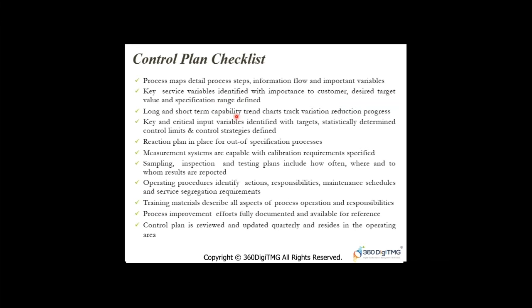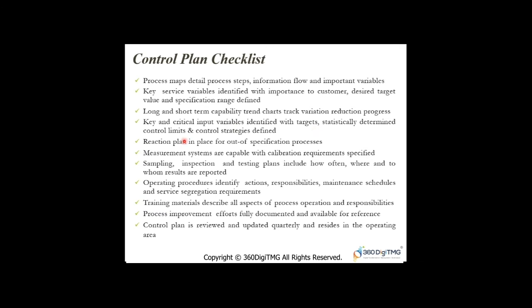We have already discussed capability indices, right? CP, CPK, long-term, short-term, Z values. We have discussed all these things. These trend charts are required to track the variation reduction progress. You document the critical input variables, which are identified with the relevant targets against each of those,